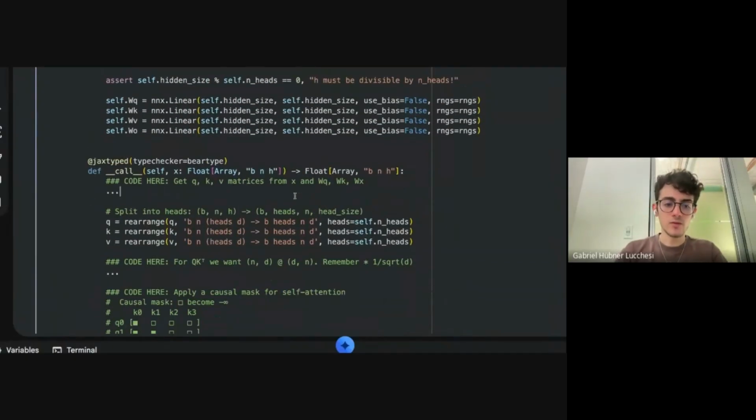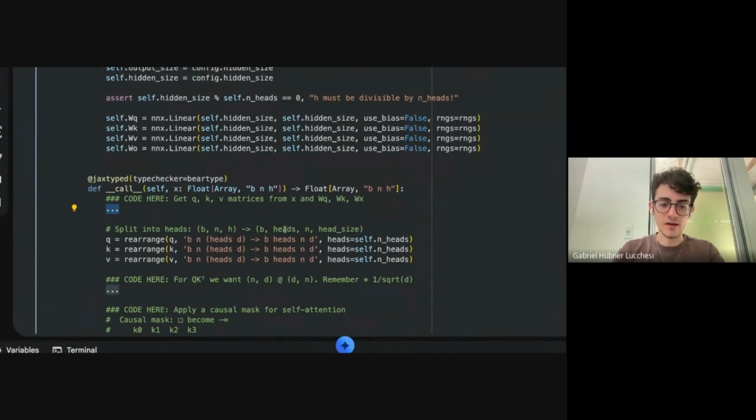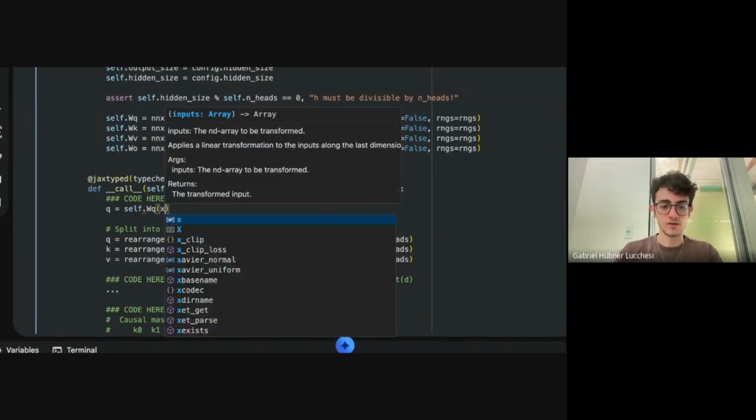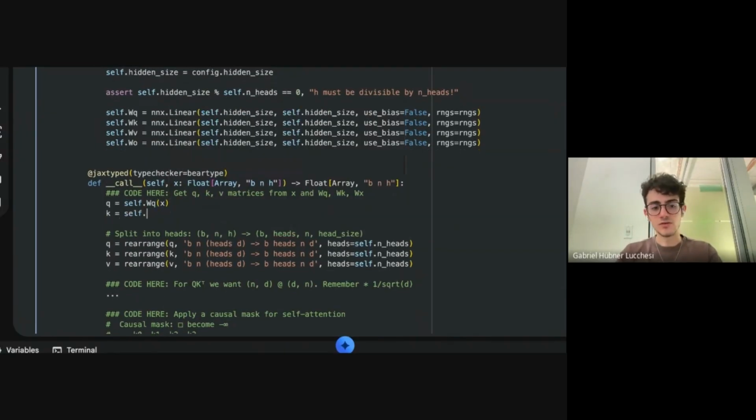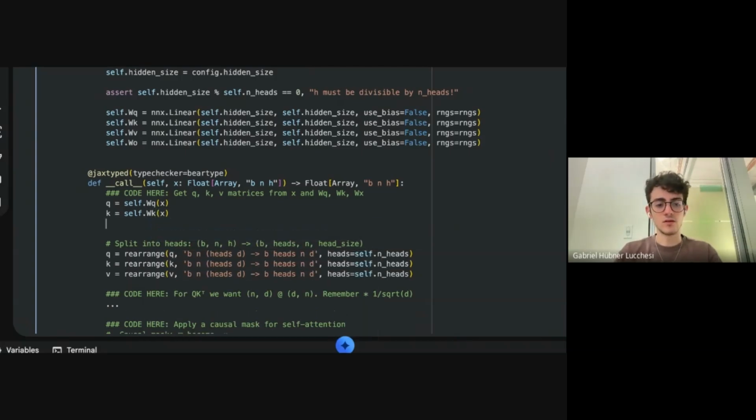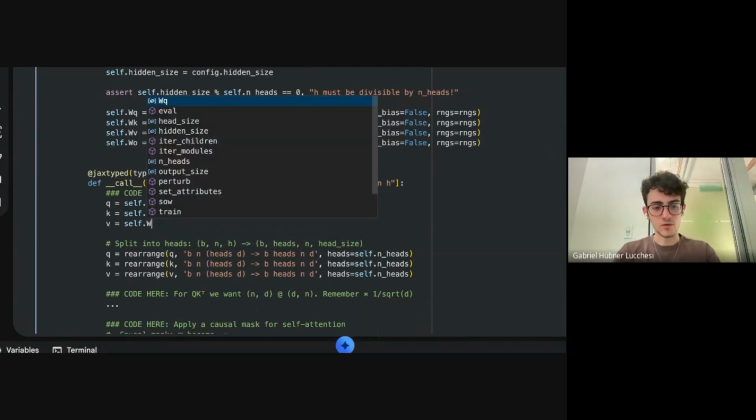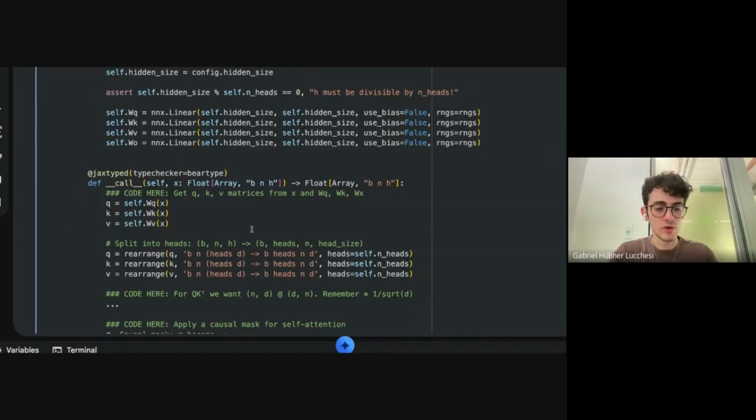And before we rearrange it into the heads, we can compute them all together. We just say Q equals self.WQ(X), K equals self.WK(X), V equals self.WV(X). Really simple here, right?